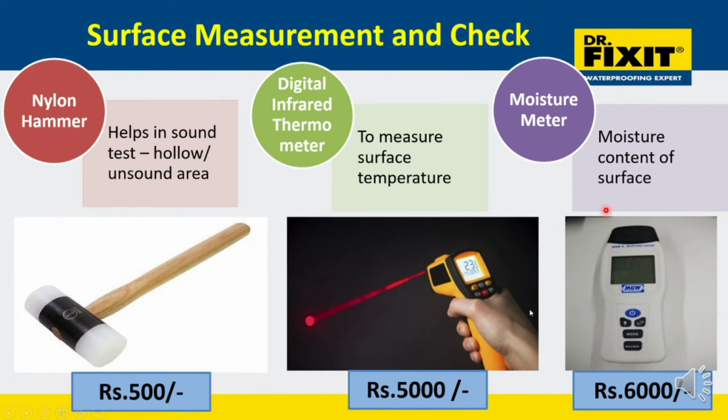Third, the moisture meter. The moisture meter is a very useful tool. It will help to know the moisture content on the surface, and we can suggest a waterproofing solution like Pidifin 2K, SureSeal, DamGuard, etc. for quality waterproofing. The approximate cost will be around 6,000 rupees as shown in this picture. The tool can be used to check the dampness and suggest a solution as per the moisture content, which will help you act like a waterproofing doctor. Even with such a tool, you can be a specialist to check the surface and suggest the product, and you can charge for the same.